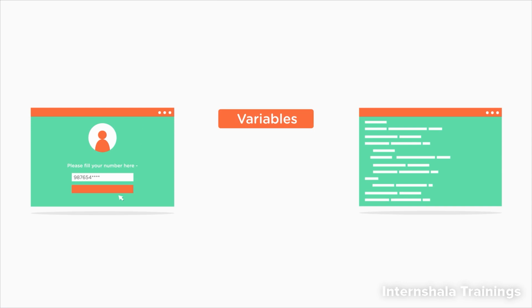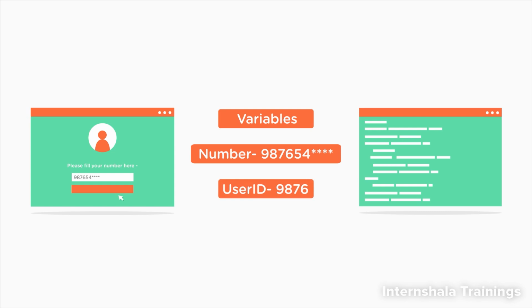Variables help us deal with data that we don't know upfront. So, we write the program by using variables. So we can say that a variable number will hold the phone number of the user. Then we will write the code to do some operations on this variable number and store the extracted 4 digits in the variable user ID. And then we can write a print statement to print the user ID. This means that we can write the program even when we don't know the data.